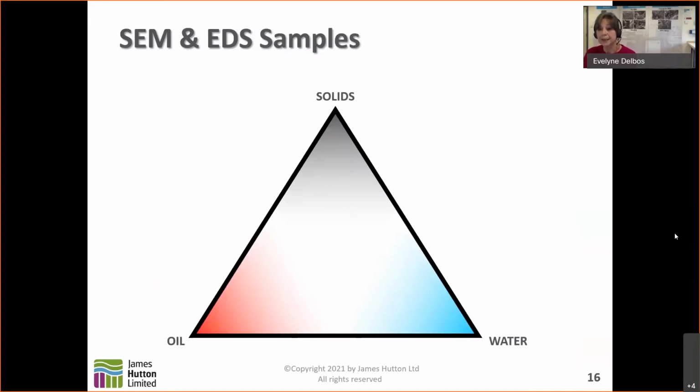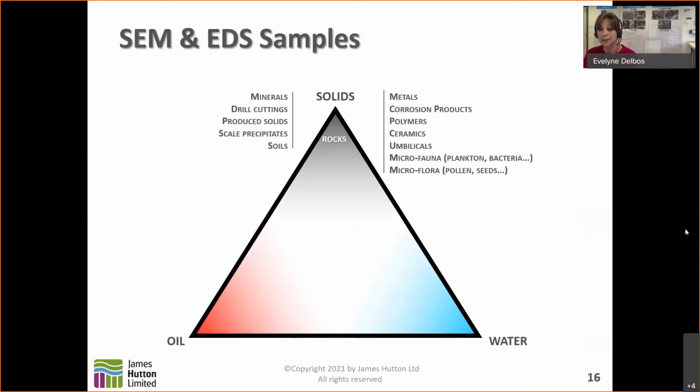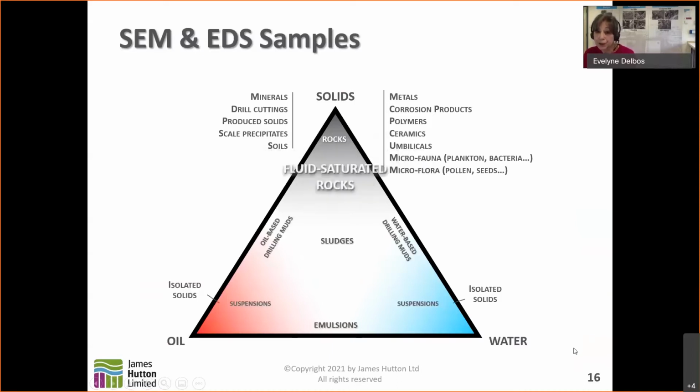So if we place our samples into these triangles that we have, essentially the solids are the main type of samples that we're going to be looking at, a lot of mineralogical and geological samples. But anything else, we have done many, many different types of analysis on: metals, polymers, ceramics, and obviously microfauna and flora with the people we're working on here. But with the cryogenic stage, as mentioned before, we can do anything